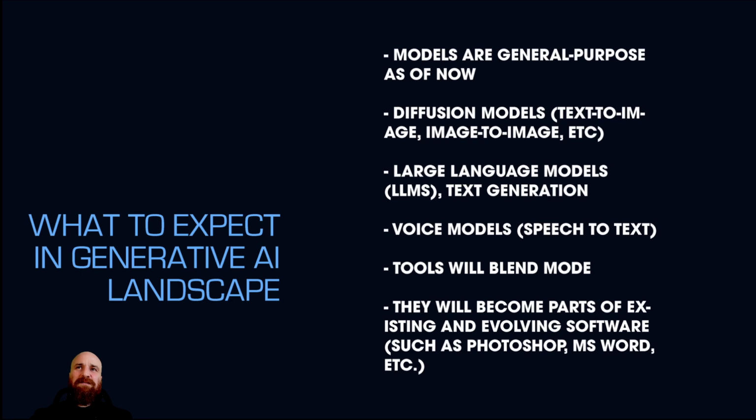Diffusion models, we talked about them: text to image, image to image. Large language models, text generation models fit into these descriptions. And there are the voice models, which we only touched upon, in terms of giving prompts to the tools, which ease our life for the tasks we're taking care of. My prediction is also that ChatGPT, blending photography, imagery, text generation, and image generation, is a good example for showing